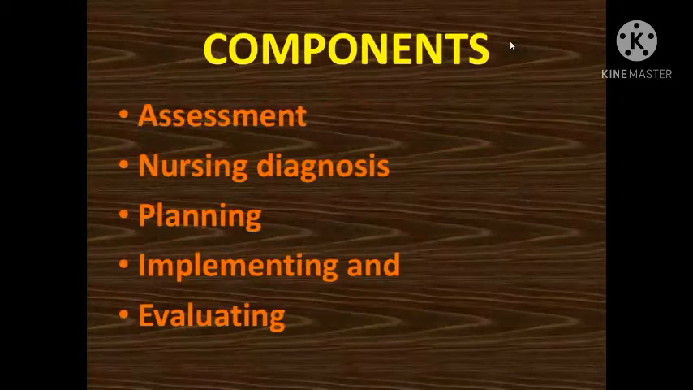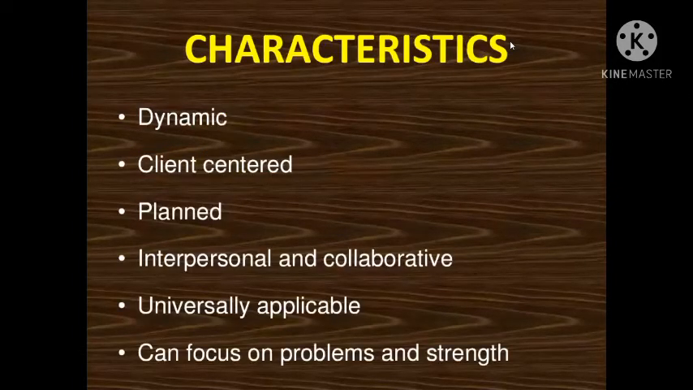Then, what are the different components of the nursing process? You have assessment, nursing diagnosis, planning, implementing, and evaluating. These are the steps you have to remember. In total, there are 5 steps: assessment, nursing diagnosis, planning, implementing, and evaluating. That is why yesterday I sent you one video saying ADPIE. You should remember ADPIE. That time it will be easier for you for the exam, or anywhere if you get a chance to write